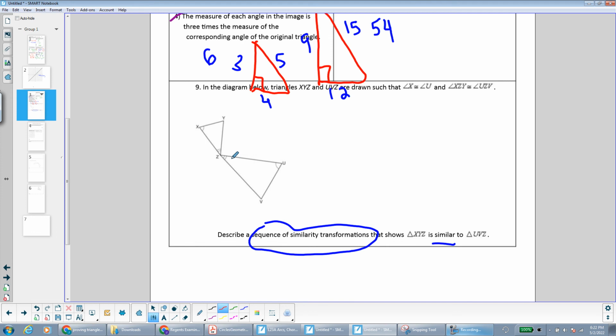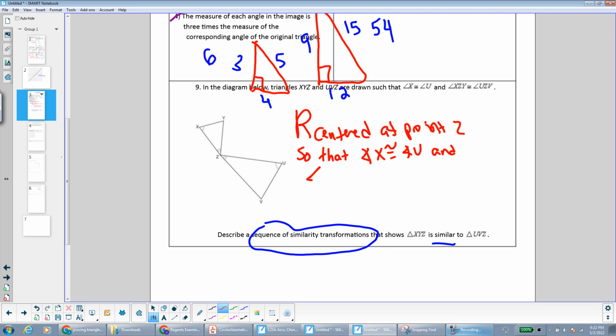So we can word that, we can say rotation centered at point Z. We want to center it at point Z because it's already attached to the other triangle at that point. So we can just spin it, or rotate it, around that point to make it overlap. So we want our rotation center to be point Z. And then we can write something so that angle X is congruent to angle U,